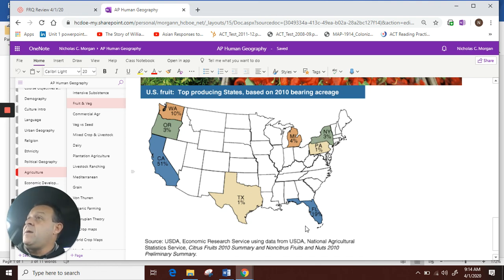What do they have in common? All are states with major cities in them. Numerous major cities. They have a lot of people to feed and a lot of people that want fruits and vegetables, so they produce them. Many of you are familiar with Florida. Florida's orchards. Florida can grow things in orchards, oranges, for example,